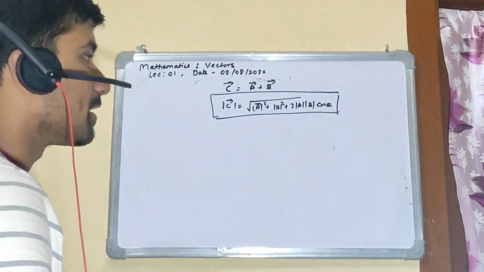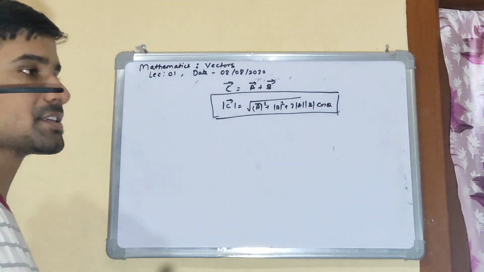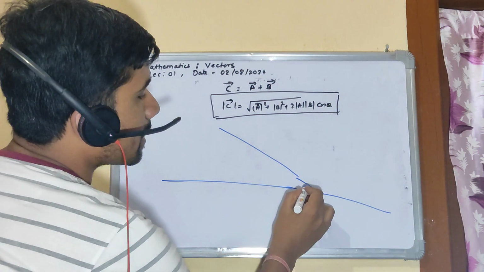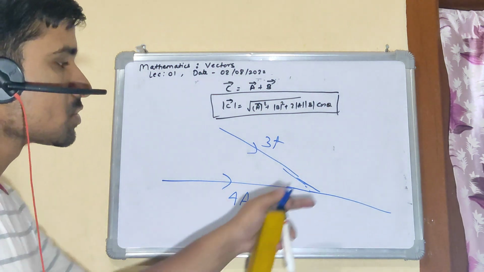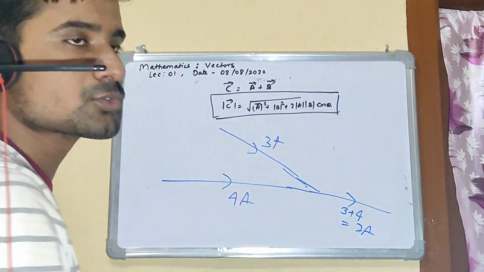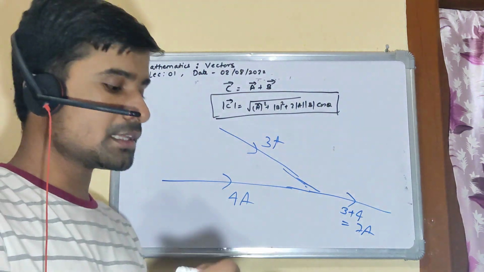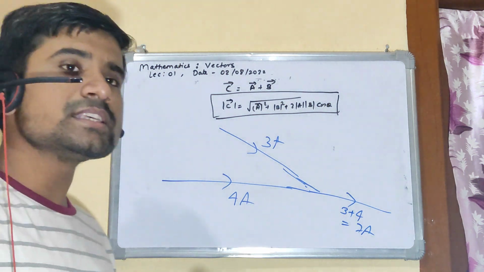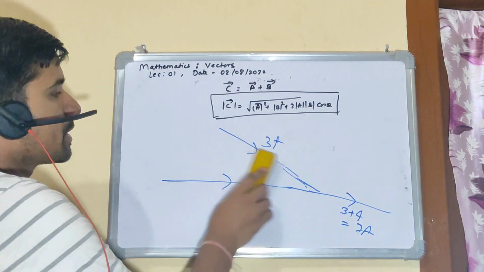Let's talk about electric current. Electric current flowing through any wire has a direction, right? So let's say there are two wires placed like this, and there is a junction here which connects these two. Let's say 3 ampere is the current in this wire, 4 ampere is the current in this wire. So the current here will be what? 3 plus 4 equal to 7 ampere. It won't be under root 3 square plus 4 square equal to 5. It won't be like that. So this has direction, this has magnitude, but it is not following the triangle law. So this is not a vector quantity. These types of quantities are a separate group which we are not bothered about as of now. But yeah, this is how it is.